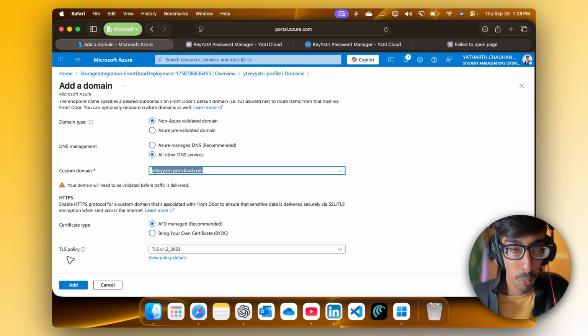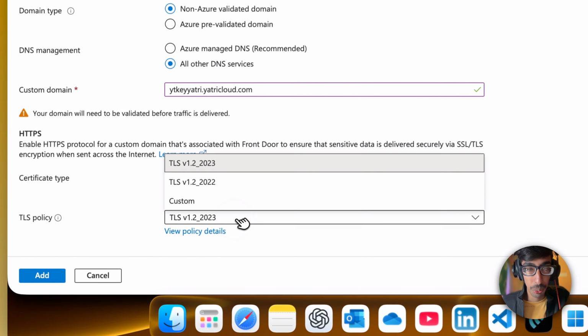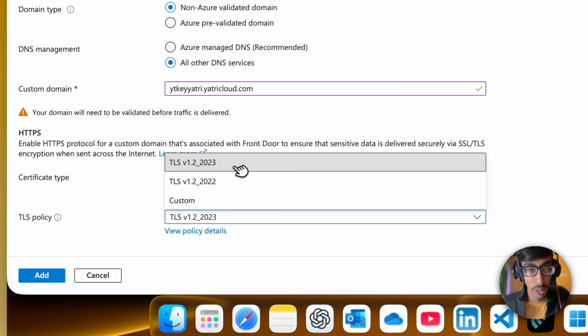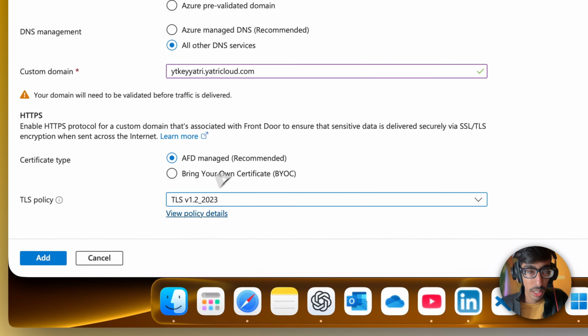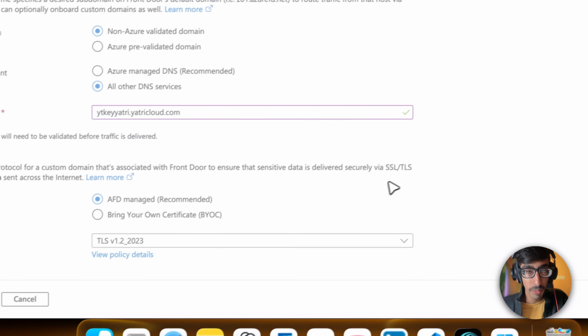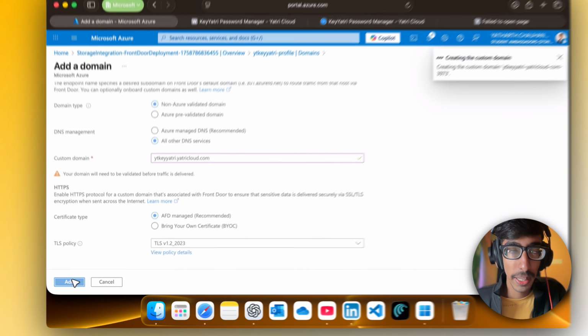Then this is the TLS policy. So what is the TLS policy? You can see this is the policy with different cipher suites. This is something on the security side. You can see this is version 1.2, 2023, 2022, and if you want a custom one, you can go for it. So keep the latest one and click on Add. Okay. After clicking on Add,